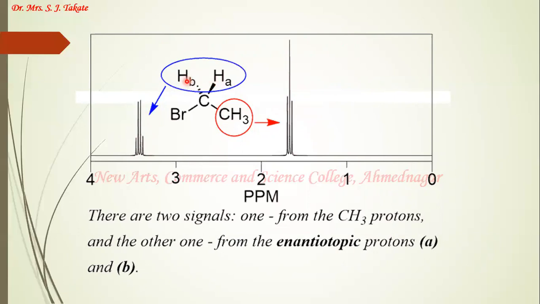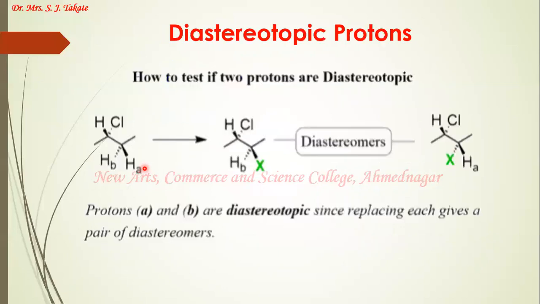So this means that even though these two protons are enantiotopic protons, they are chemically equivalent and they give me the same signal at the same chemical shift value. The signal is observed for A protons and B protons. So these are the two examples of homotopic and enantiotopic protons which are giving you signals at the same chemical shift value. Now let us go towards the diastereotopic protons.